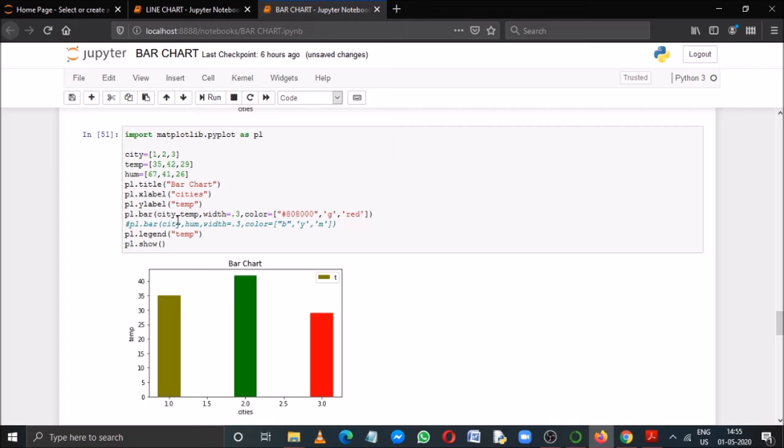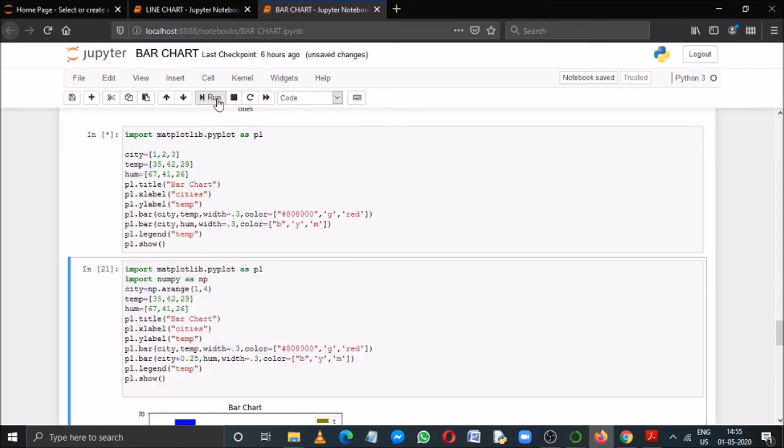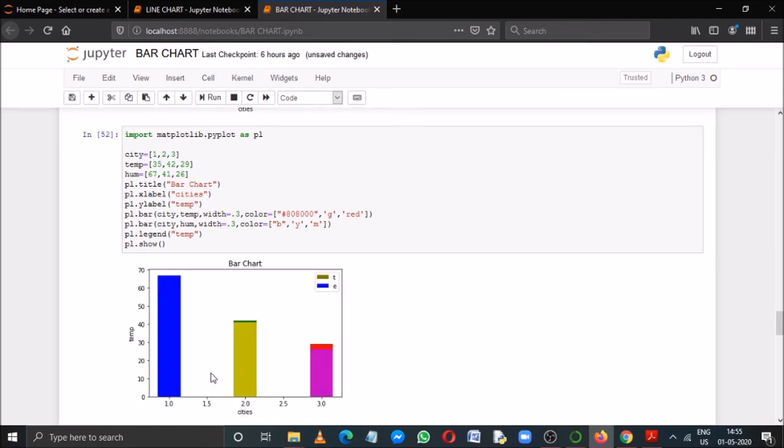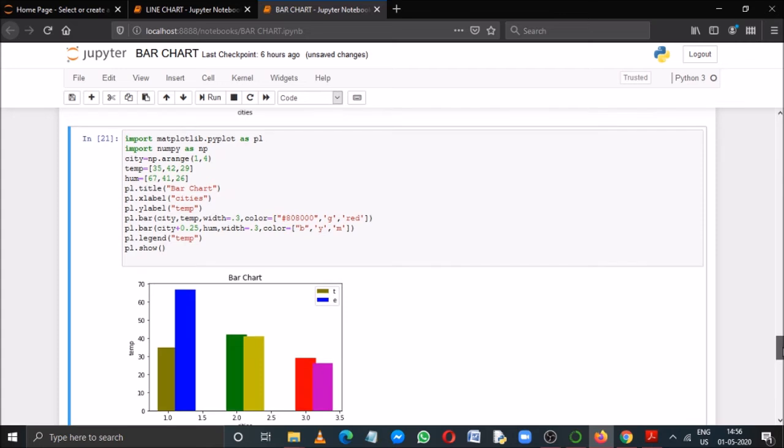These bars are there, and if you activate it again, then you can see that the second bars will be plotted on the first bar. That's why we cannot see it properly. Now what is the solution for this? Just see how to solve this problem. I'll come to the next example for that.